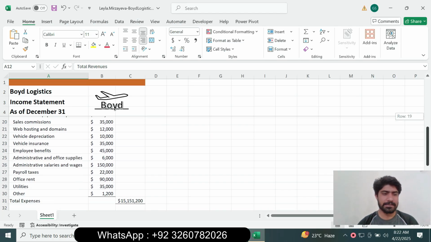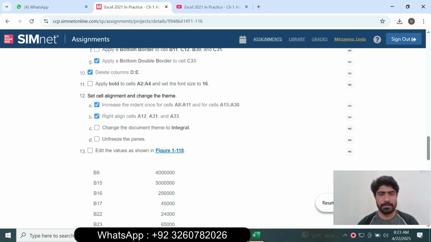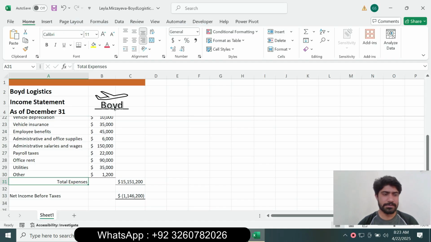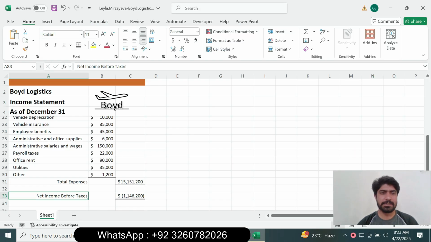Next is cell A31, and align right. Next is A33. So select cell A33 and apply align right, and change the document theme to Integral.